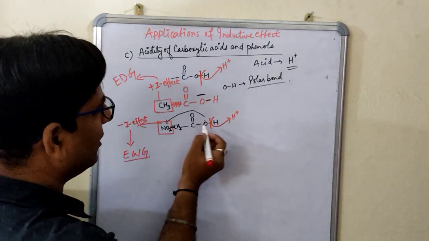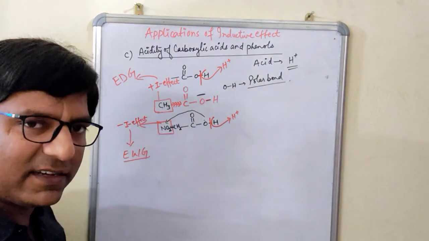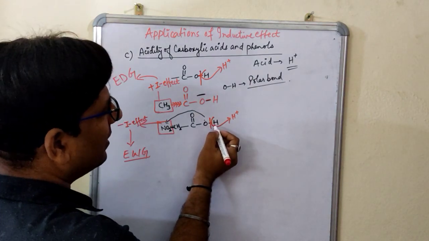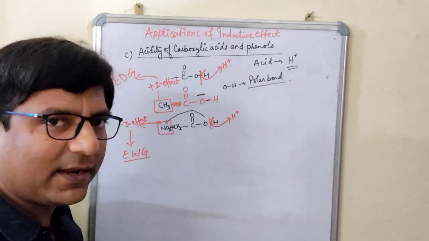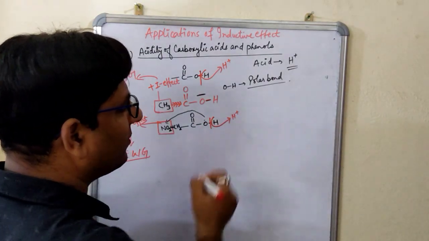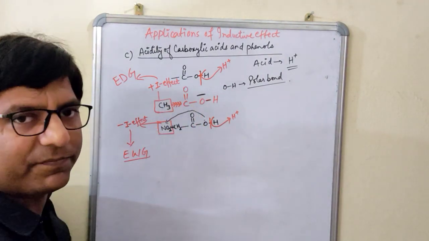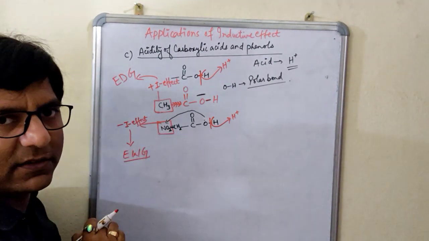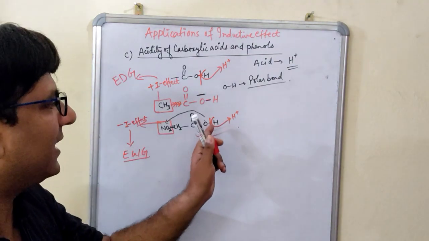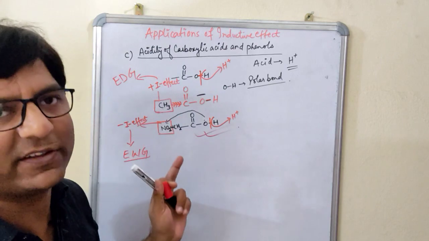But in this case, the negative charge magnitude of this oxygen has become what? Decreased. And as a result, the bond between this oxygen and hydrogen is becoming weak, and we can easily break this bond. The bond will be broken, and this H will be moved out in the form of H plus. So in this explanation, which can be the good acid, which has more acidic strength? Of course, this one. Why? Because here the H can be easily moved out in the form of H plus, but in this case the H is not moving out in the form of H plus.